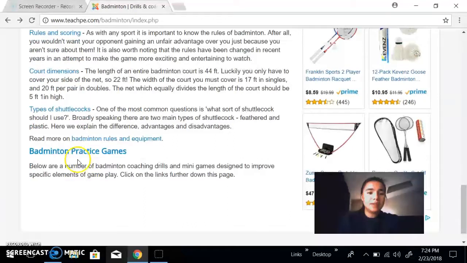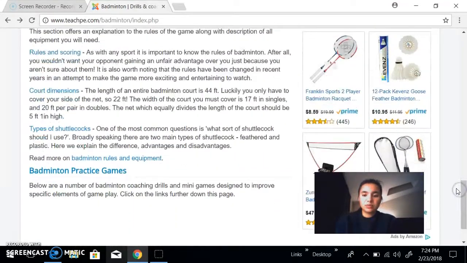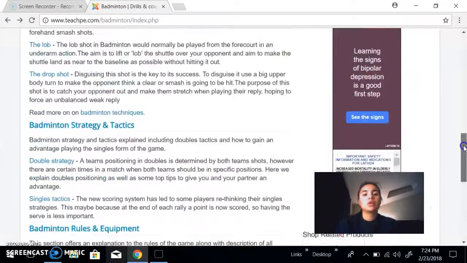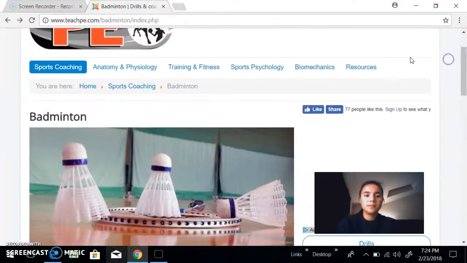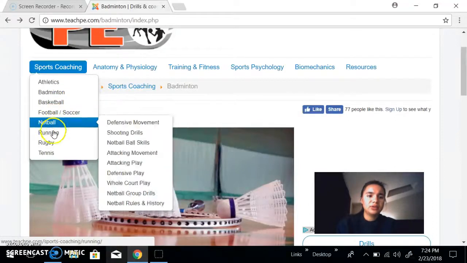There's also, it gives you badminton practice games. So let's say in class we really want to focus on our skills. Before we play in an actual game, we can just do some practice games that'll really help us with our technique. So that's really helpful. And if you want to play a certain practice game with a partner or another pair of students, you can just go back to this website and play a practice game in order to work on those skills. And then it has the same thing, like I said, for other sports like basketball, netball, tennis,